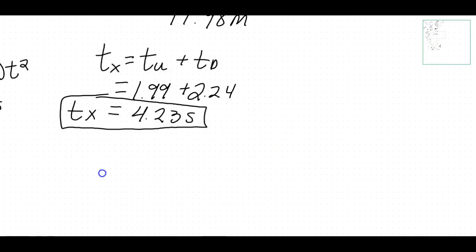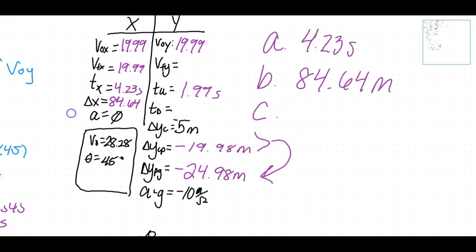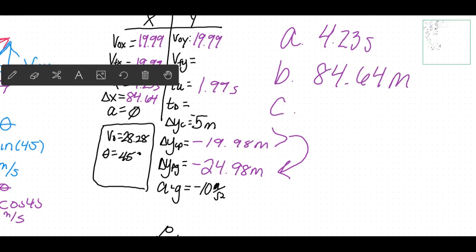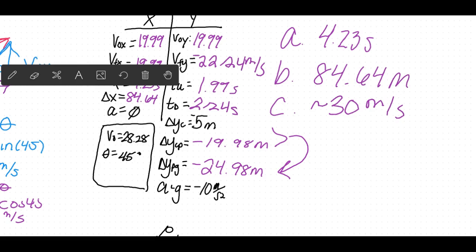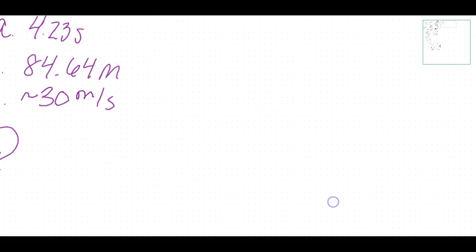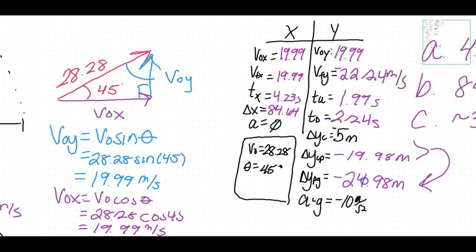Like I said, our answer for part C, getting all the way back up here, is about, which I'm just going to write, about 30 meters per second. All right, depending on how you solved it, could be different. And I'm going to fill out this table for you. 2.24 seconds, v final y, 22.24. All right, and that is the end of number